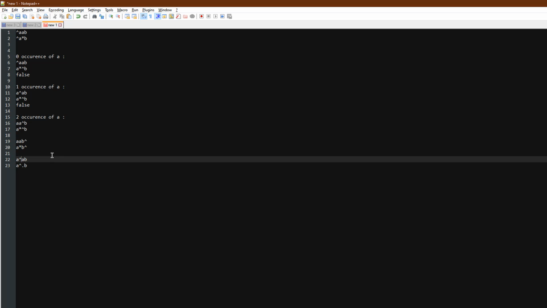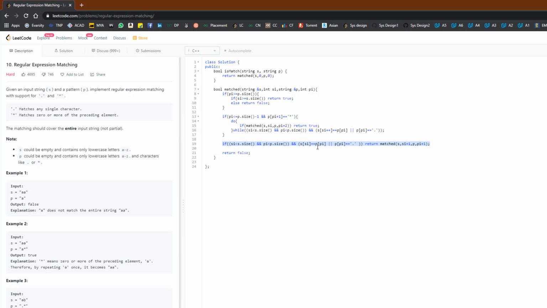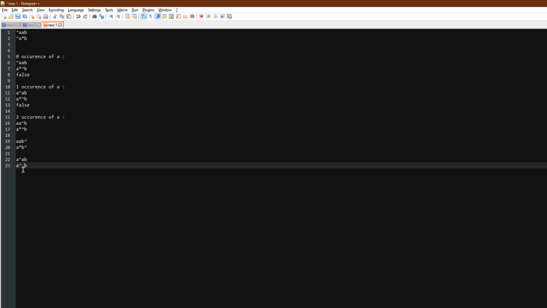In this case as well, a will match with the wild character period. Since that is the case, we have checked for these two combinations: if both are either equal or if p is period. In that case we move the cursor of si as well as pi by 1, and in the next iteration we have to do just that again.